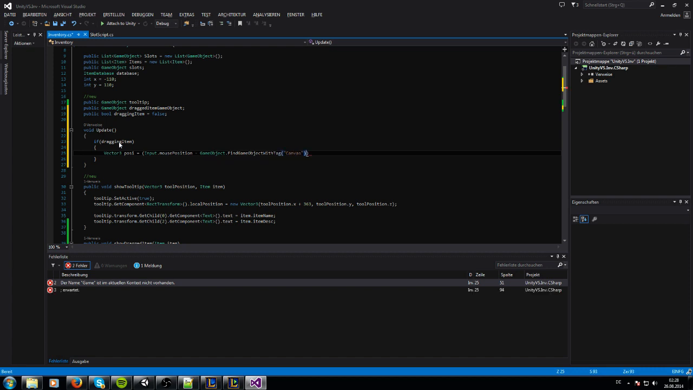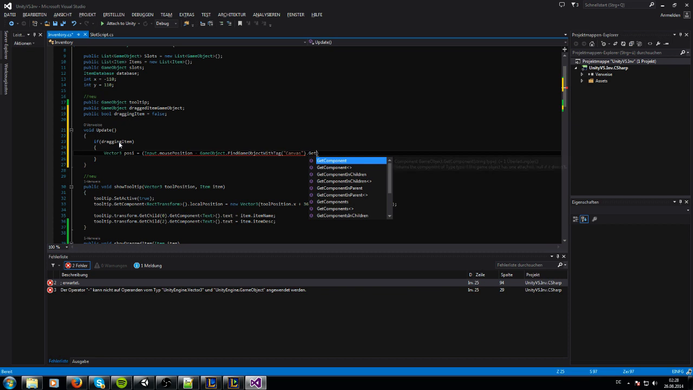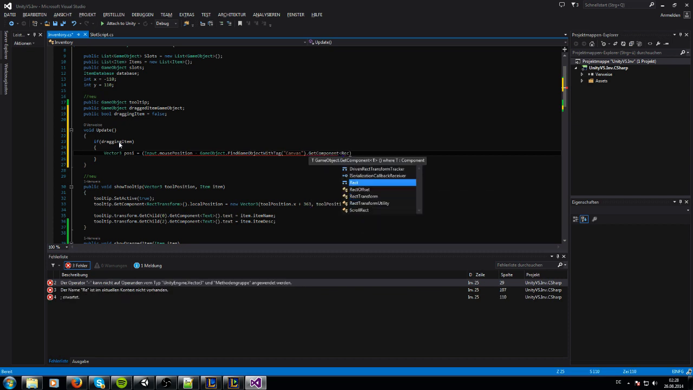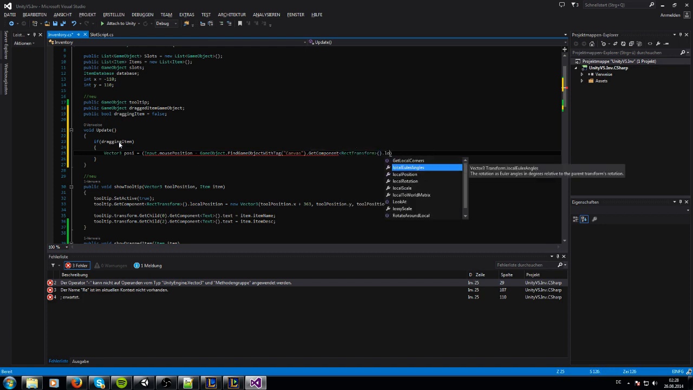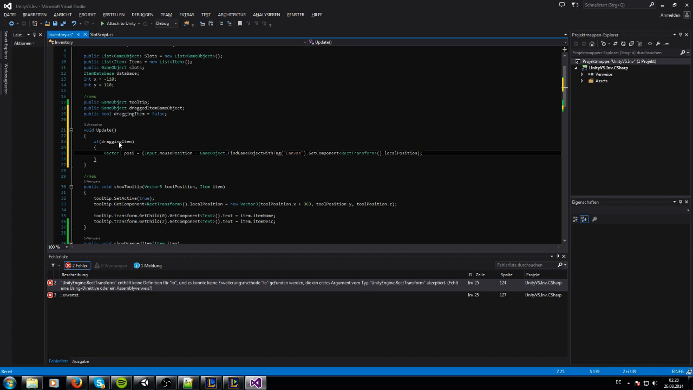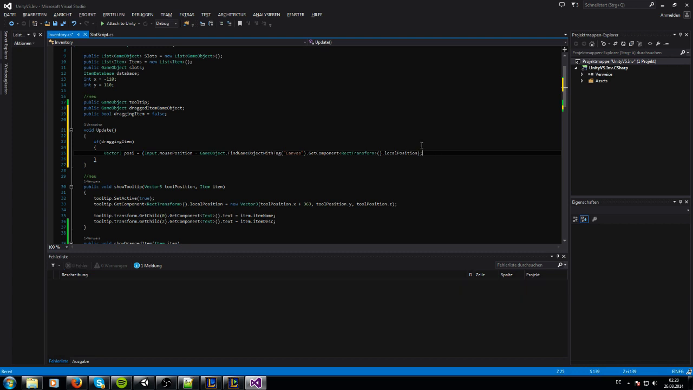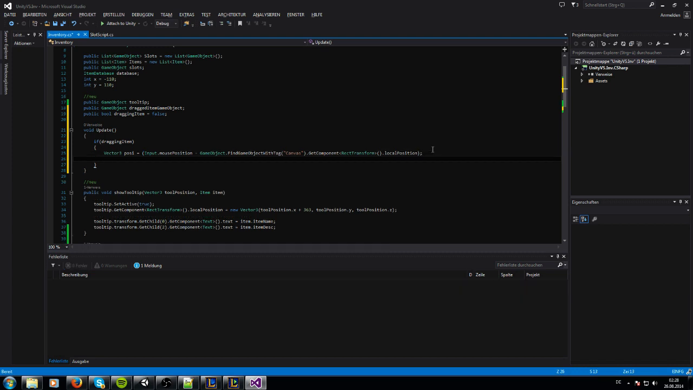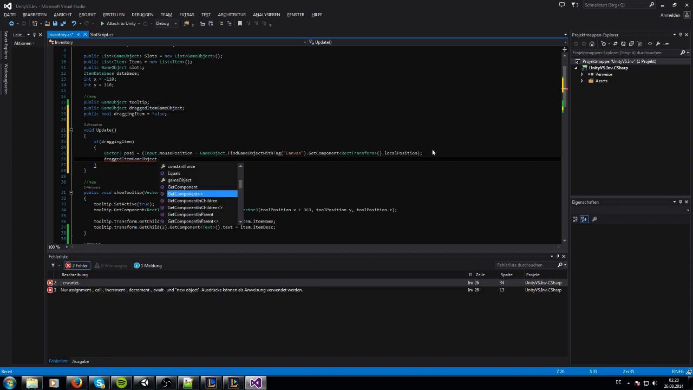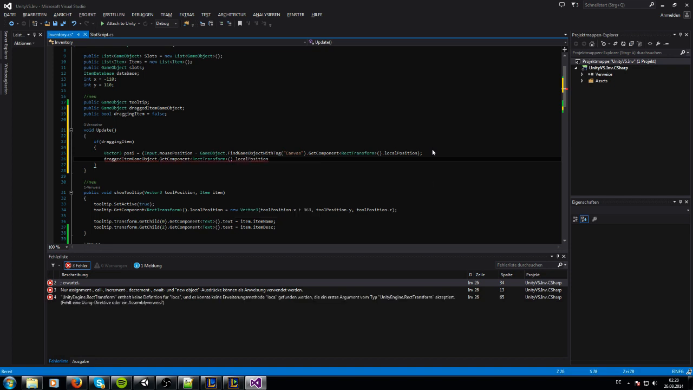Canvas dot game dot GetComponent RectTransform dot localPosition. So when we have this position, we can take our game object and get the RectTransform component again, and we change the position of the